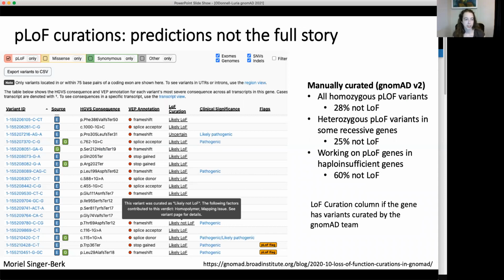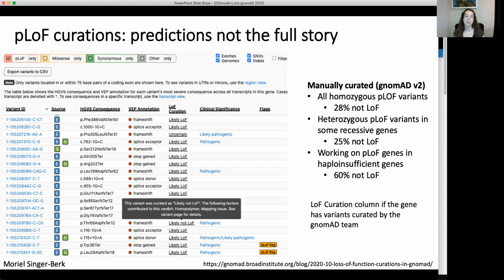Loss of function curation. It's important to remember that when we say something is a loss of function variant, it's really a predicted loss of function variant, and it's predicted by a computer. We can often look at variants and see things by human review that make us think that maybe the variant isn't really resulting in loss of function. We have curated thousands of variants, but there are hundreds of thousands of loss of function variants in the data set. So we will never get to all of them, but we have done some that